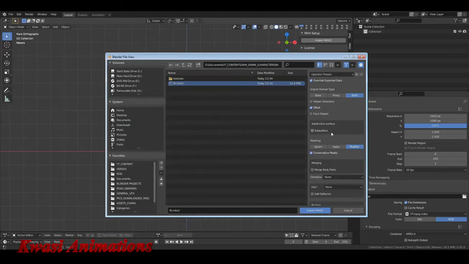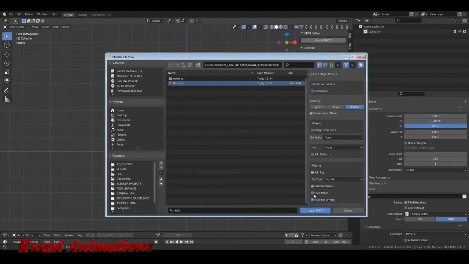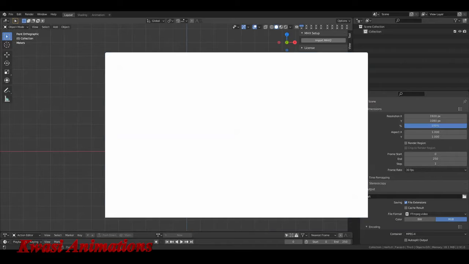Importing our character. I'm going to bring him in with all his face shapes and everything. Now this part right here, what I'm going to do is basically shade the character, and that's pretty much it. I might go ahead and get my core parts started for the clothing to get them dressed, and start thinking about different things on how I want to go about it, because I want them to look